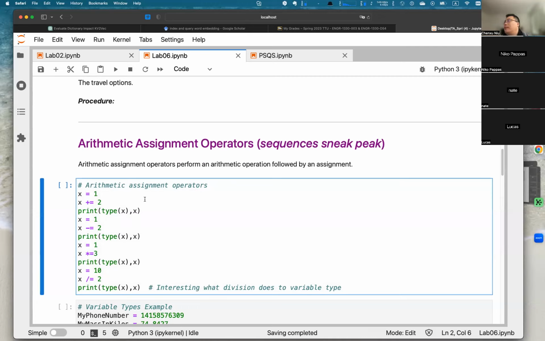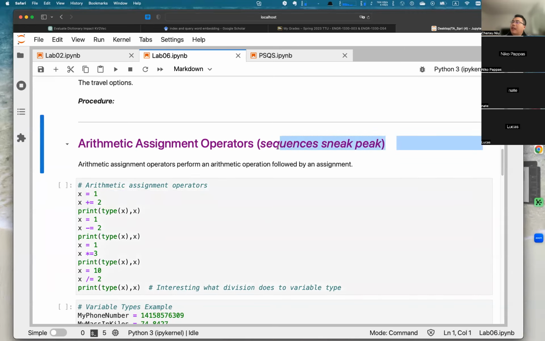For example, here is about the arithmetic assignment operator. It's a typical example about the sequence blocks. Okay, so perform some arithmetic operation followed by an assignment. So first one, arithmetic assignment operator. It's very easy, right? When we learned the assignment operators, maybe in lab 2 or lab 3, we have already